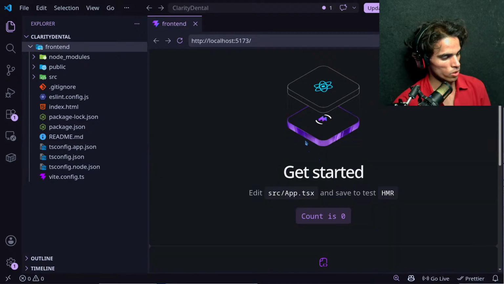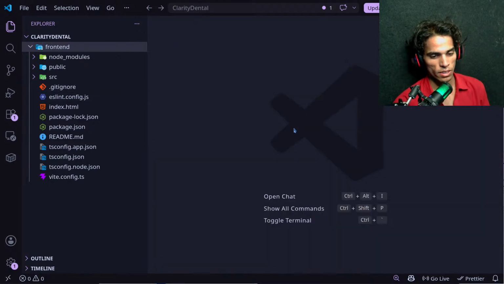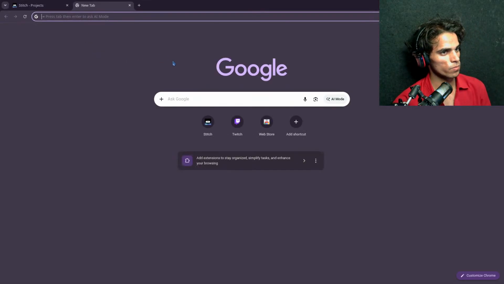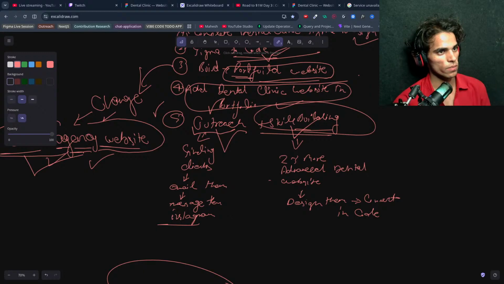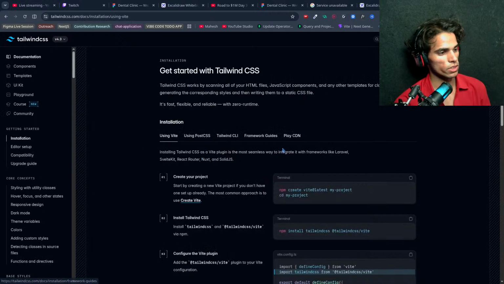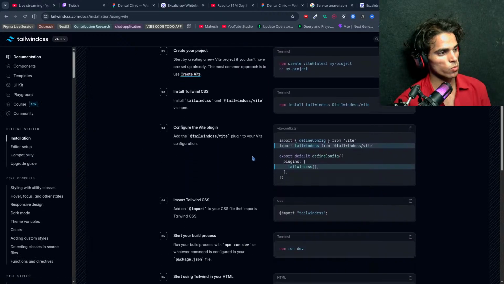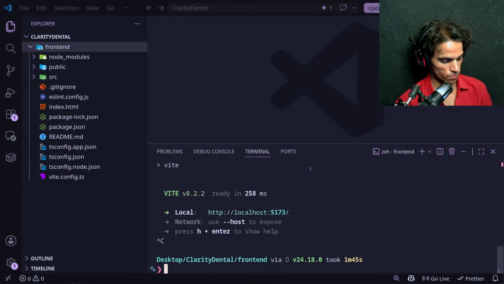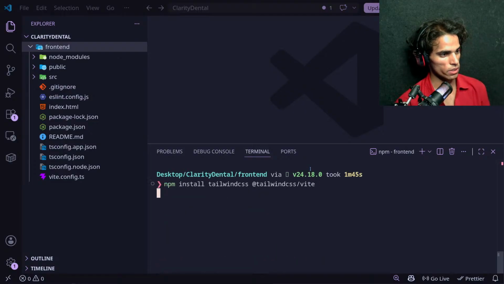Now what we are going to do here, let's get this, and let's see. First we are going to design, I would like to connect Tailwind CSS. Okay, and let's open this. No, let's get into this and Tailwind CSS. Install Tailwind CSS because we'll be using Tailwind CSS for styling. So we don't have to do this because we have done this. Now we are going to just copy it, paste it here. Control C, clear it, paste it here.